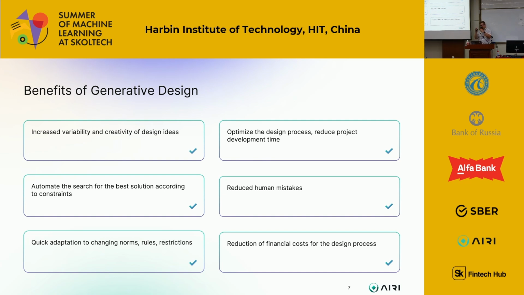So when we take some federal law, when we take some local law and try to find out how they can be used together, we can see a lot of contradictions. And we can use generative AI models to help constructors and to help engineers to solve these contradictions when